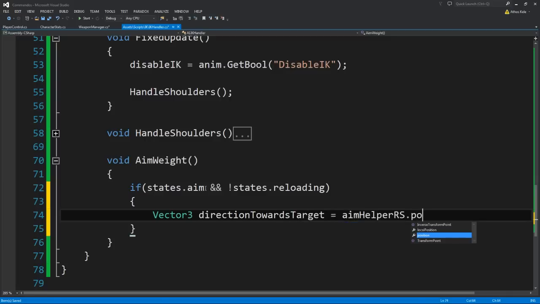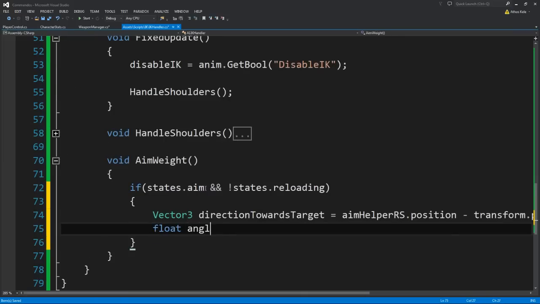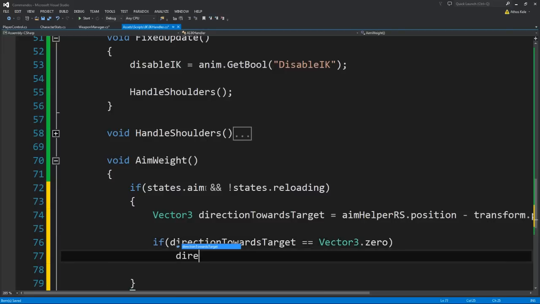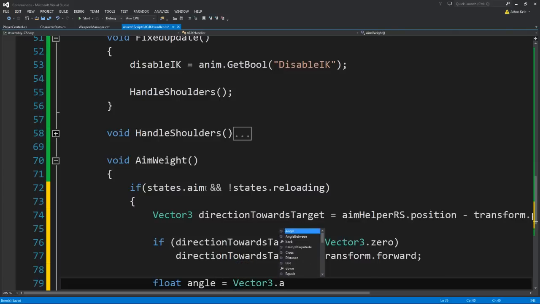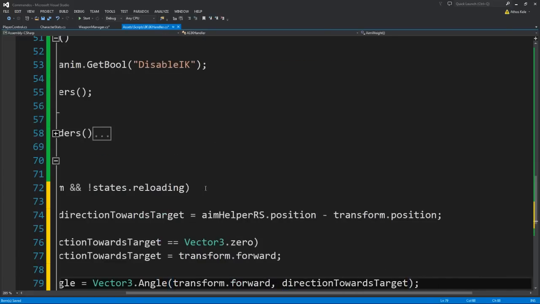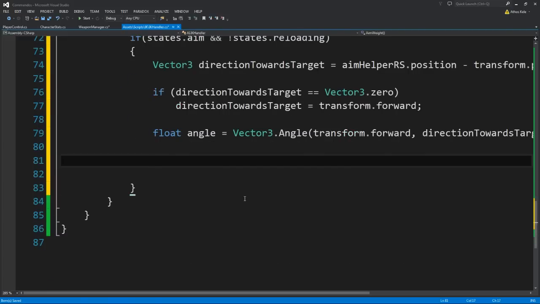And our target is basically the aim helper minus our transform.position. We need to find the angle, but before we find the angle, we should do a check to say if direction towards target equals Vector3.zero, then direction towards target equals transform.forward. Then we need the reference to our angle, and we can find the angle from our own transform.forward with direction towards target. And this is so that it doesn't aim to the other side of